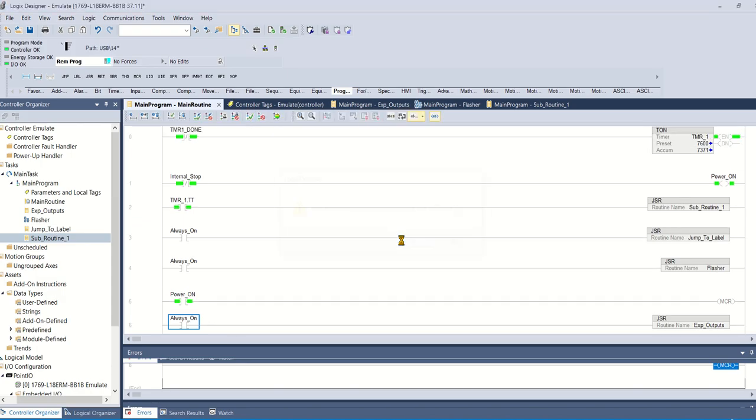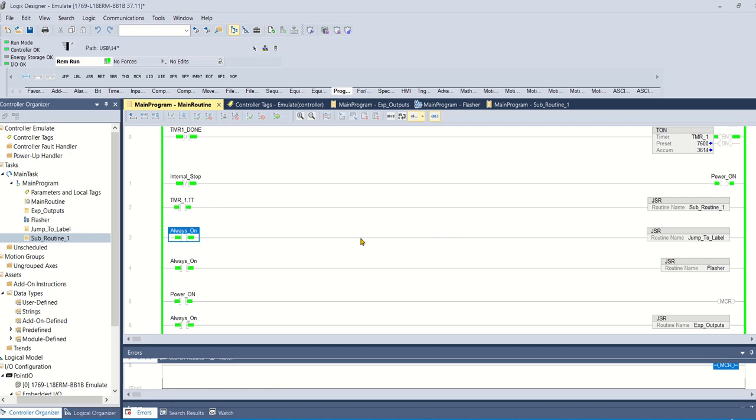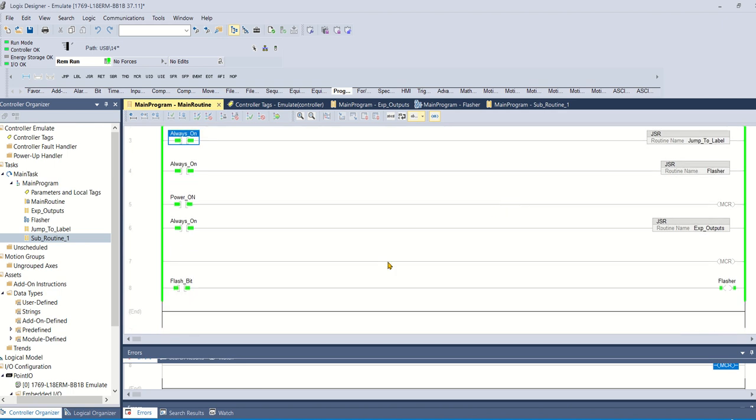All right, so go in, right click on that toggle bit, it'll turn it on. Our sequencers and everything should still be running. Everything should be running. You should see it all count through. If you look on your CompactLogix, I can see them all go through. So now,